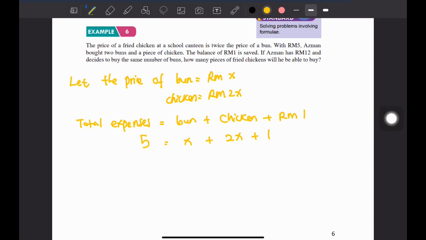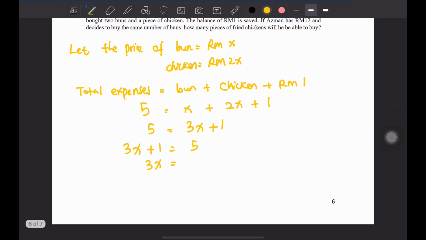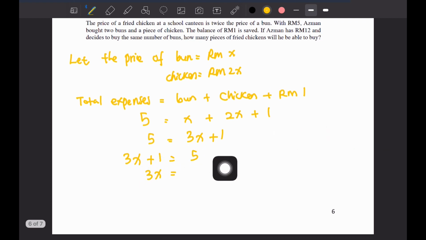So we have 5x plus 2x, sebiji apple tambah 2 biji apple, 3 biji apple. So 3x plus 1 is equals to 5. 3x is equals to 1 pindah sebelah jadi tolak. So 5 minus 1. So x is equals to